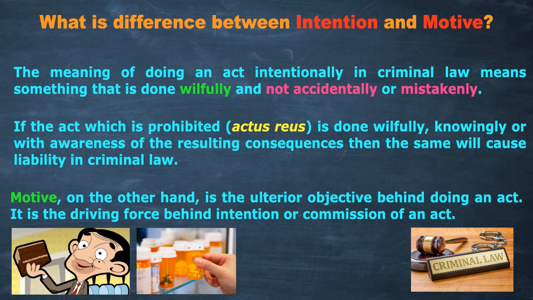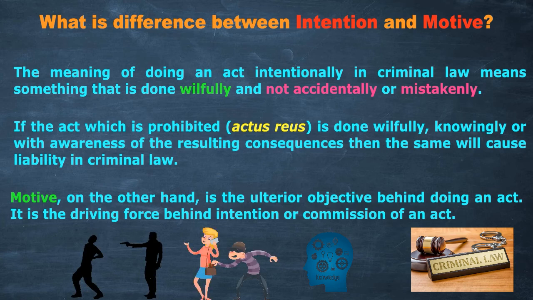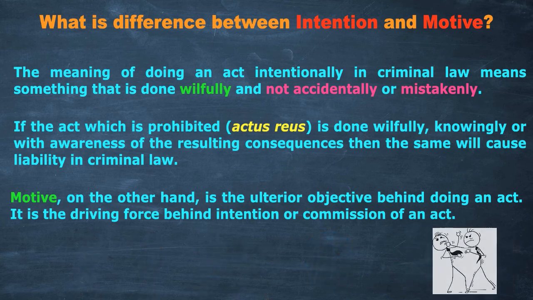So you try to understand, this is a very good example given here. It is saying simply that if you have the knowledge and the intention to kill someone or to steal something, there must be some reason to do that. As I gave the example of A and B, A beat B without any mistake. In that condition, B came up with some kind of revenge, that kind of intention arose in his mind. So that is the motive, that is what instigated him. What was the motive in this case? To take revenge.